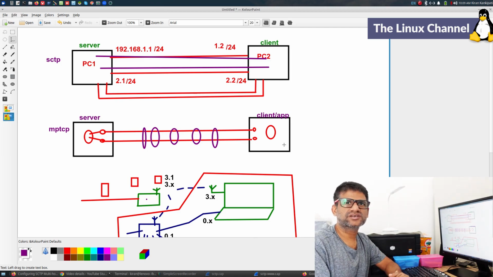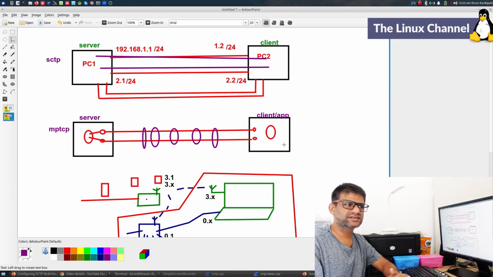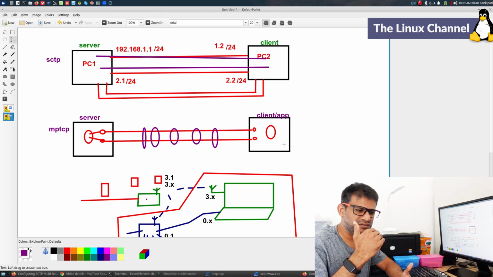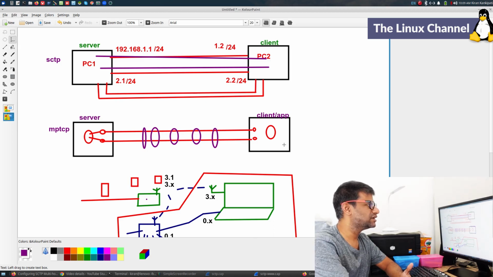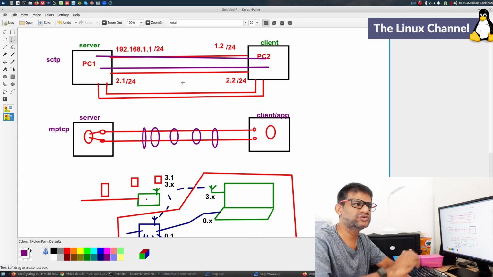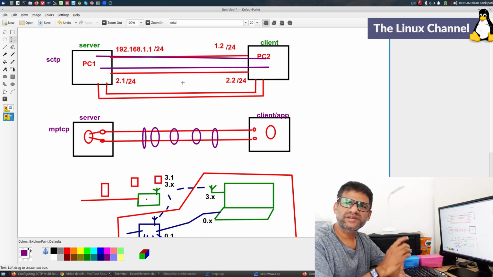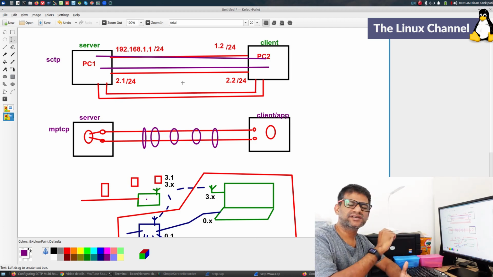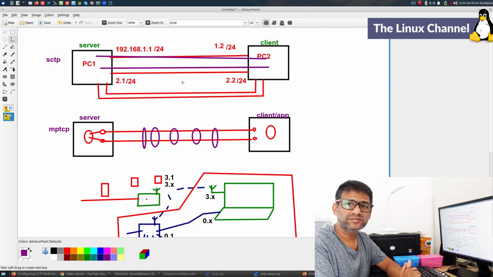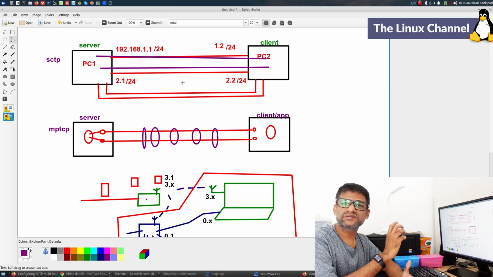But again, I am not sure about the other intricacies. Let's imagine one of the connections gets cut, how SCTP handles that and so on. I have not done any R&D like that. Perhaps I may do some test setup in my VM lab and then do some R&D, and then perhaps may cover it in future episodes. So this is what it is. Hope now you got an idea about multi-homing.